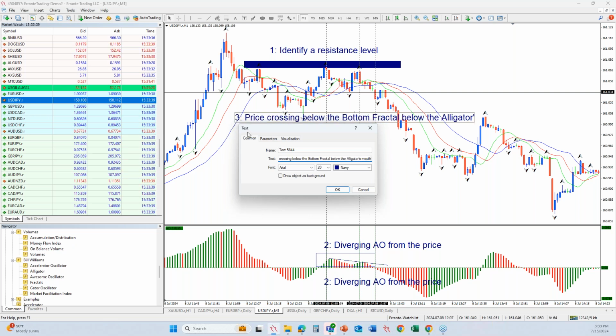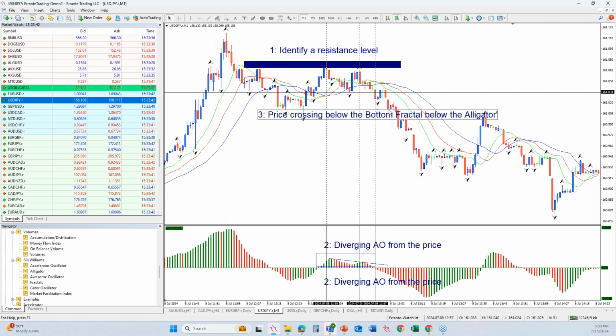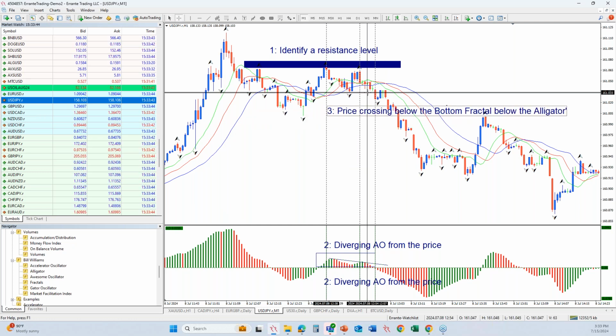Okay, it's very important. This is rule number 3, as we see has happened here. So we can have an entry point at this level, and we can have a confirmation